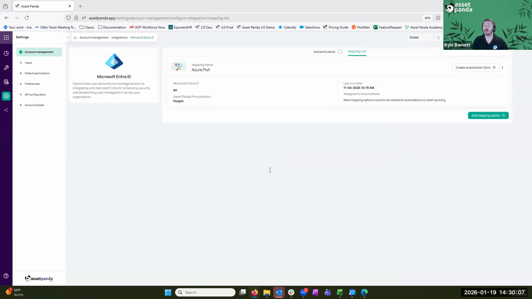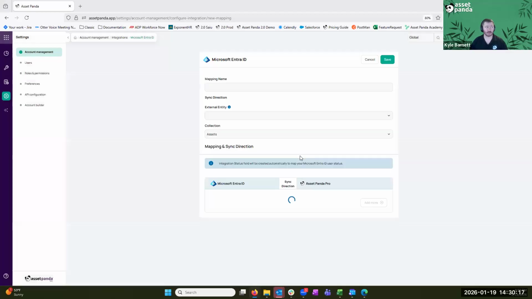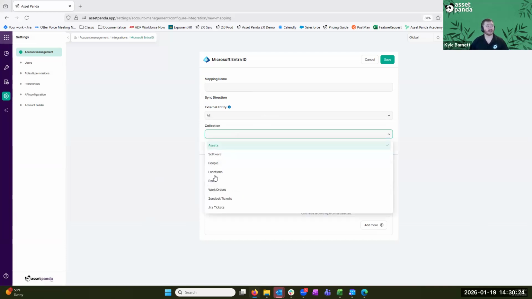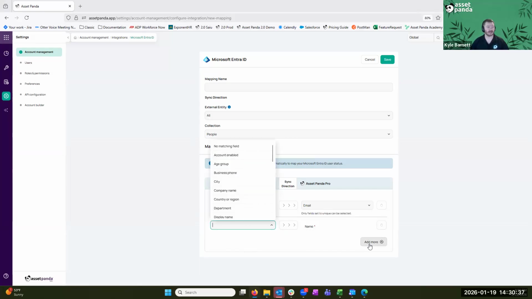What that's going to do is automatically sync over our users to create people that can log into Asset Panda. Now, we may not always want everyone to log into Asset Panda. We may want it a little bit more restricted. And in that case, we can also create employee record or Asset Panda record mapping. From here, I can narrow down again by that security group, or I can just do everyone if I'd like to. Select the collection that that's going into. Again, my people collection for myself. Select my identifier, again, what I'm utilizing for that unique value from that third-party system. And then I can fill out the rest of that information.